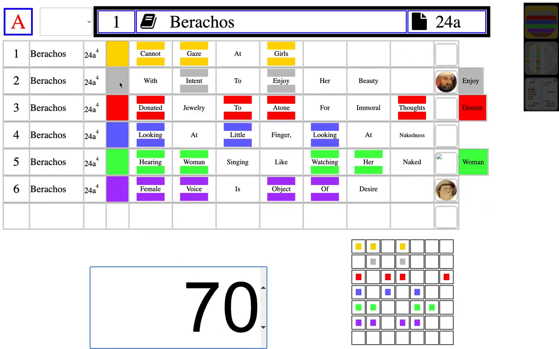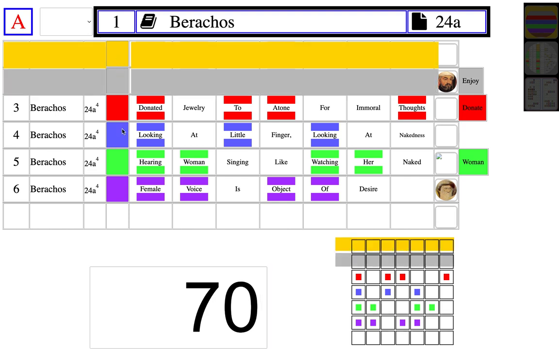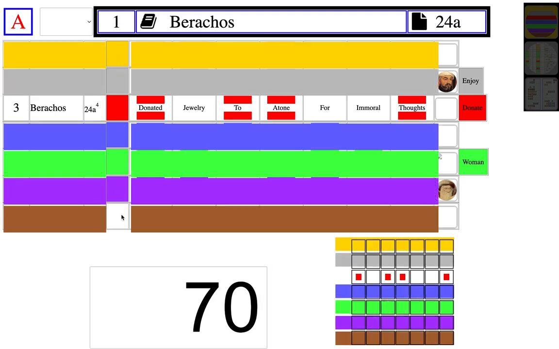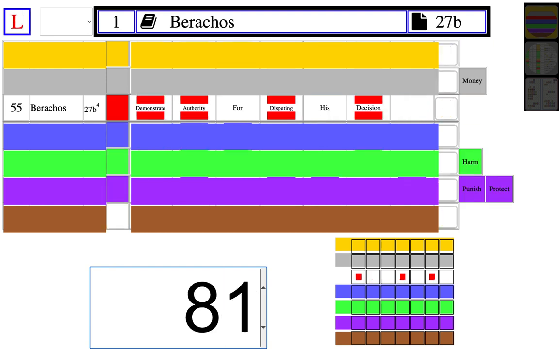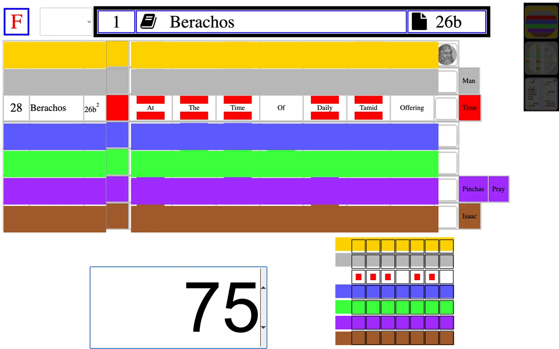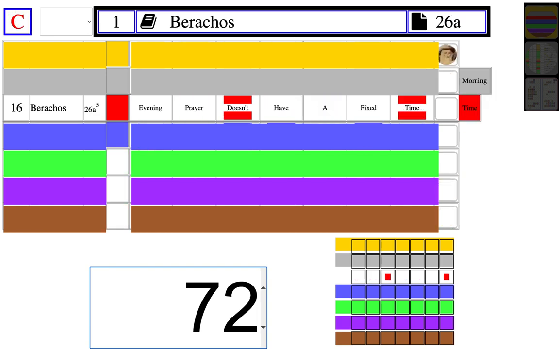Also, what's interesting is you can focus on a single row. So let's say focusing on the red row only, I can focus on a single row, focusing on those consonant sounds of that row. Also,